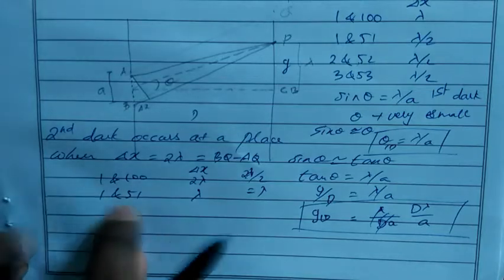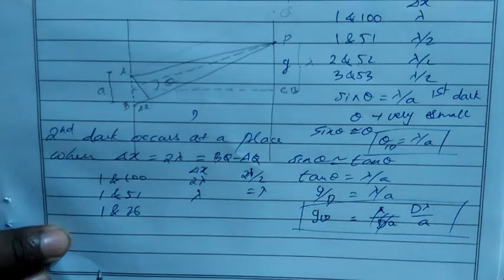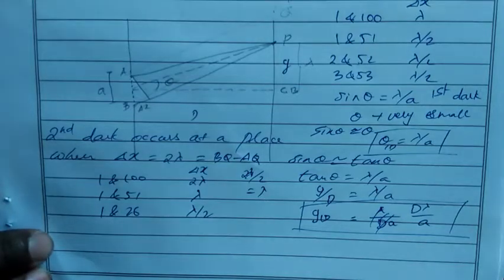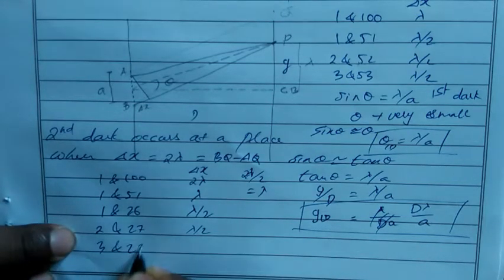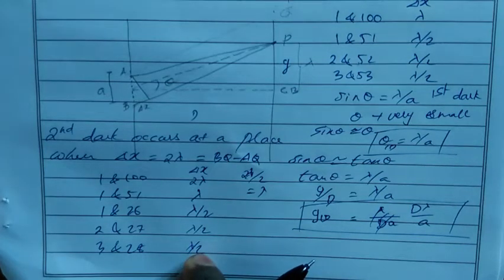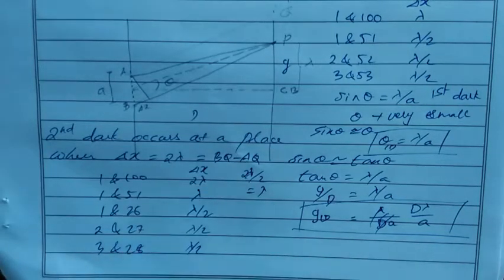Then further we can divide 1 to 51 into 2, that is 1 to 26. So again if I divide it by 2, then we have lambda by 2. So for 1 to 26 waves, I have lambda by 2 path difference. Then 2 to 27, again lambda by 2. 3 to 28, again lambda by 2. So likewise the value will change. For each 25, I have path difference lambda by 2. For each 50, I have path difference lambda. From 1 to 100, I have path difference 2 lambda.